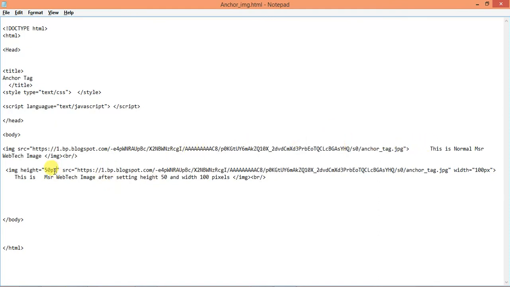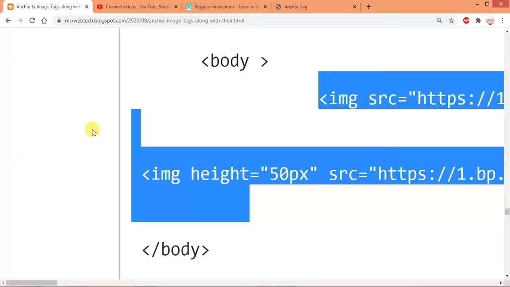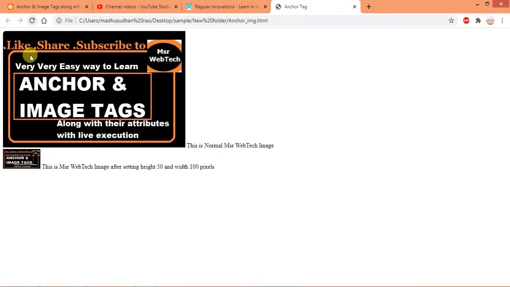Here I am giving height equal to 50 pixels and width equal to 100 pixels. Let's see how they differ. Control S and refresh the page. Yes, this is the actual image without any height or width setup. This is the image with height equal to 50 pixels and width equal to 100 pixels.